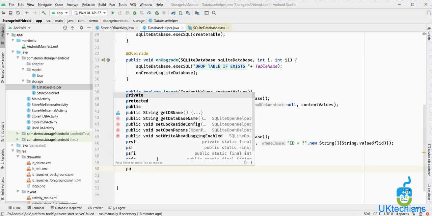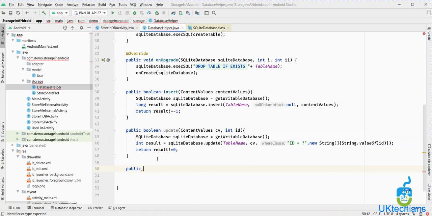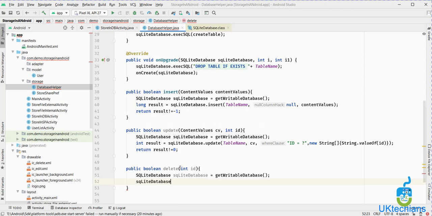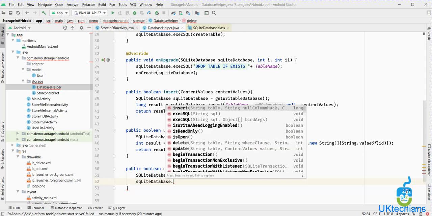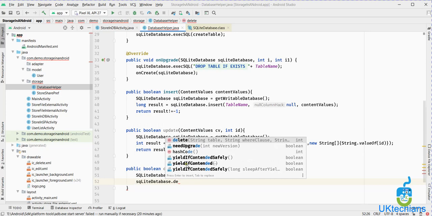Let's create a delete method and then the fetch function also. So we will use boolean data type to return, and then get the ID of this particular record, right? SQLite database dot get readable database, then SQLite database dot delete. In this function we have to use a string, table name, where clause and the respective ID, right?